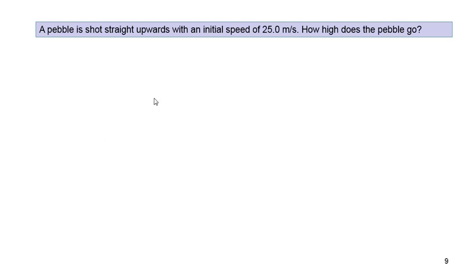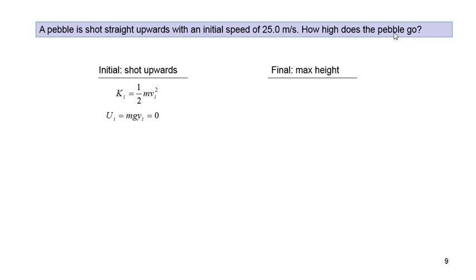So again, I'm going to choose two events. My two events are going to be when it's shot upwards, because I know what's happening then, and when it reaches its maximum height, because that is what I'm being asked about. I set this up just like my other ones. I'm going to figure out my initial kinetic energy and my initial potential energy. My potential energy depends on the y position. Well, I'm being shot upwards from the ground, so my initial y position is 0, which means my initial potential